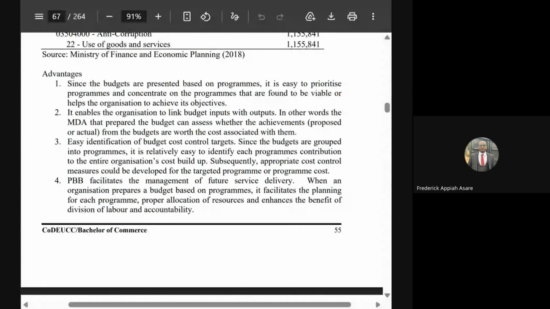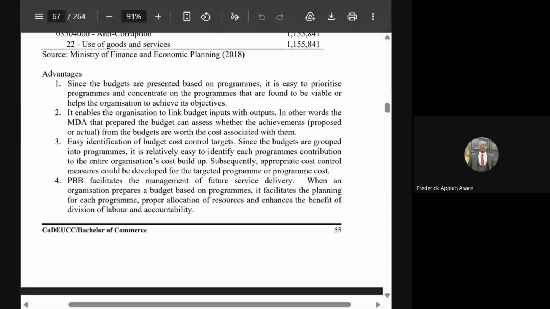So according to, when we get there, you know how it's being prepared. When the Minister of Finance is preparing the budget, he can go for any of these, but he just has to give justification. You realize that the line-item and activity approach, as I read, has been replaced with the program line, the program based.